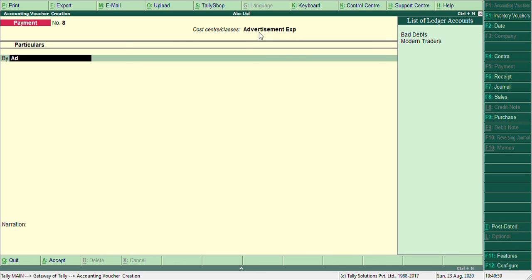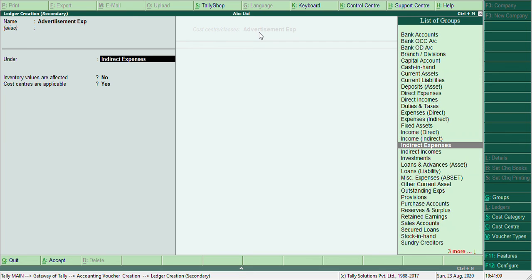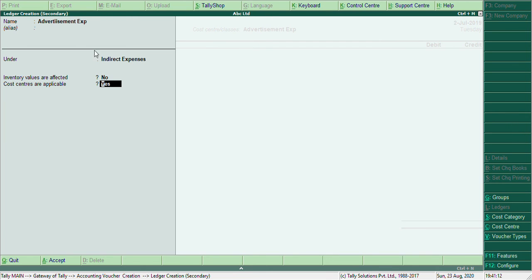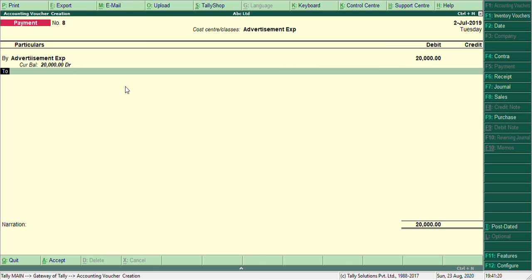Advertisement expense ledger is not there. Create advertisement expenses under indirect expenses. Cost center is affected, yes or no? Yes. Cost center advertisement expense of 20,000. Enter.